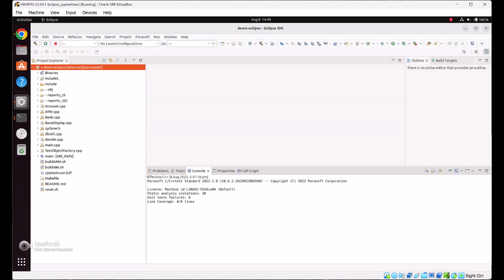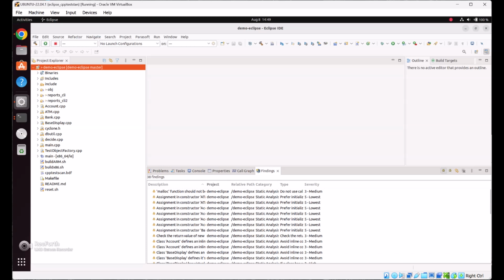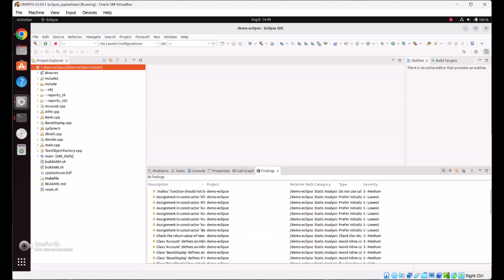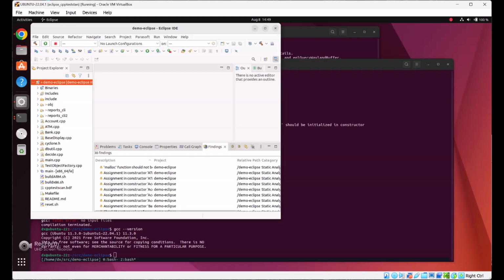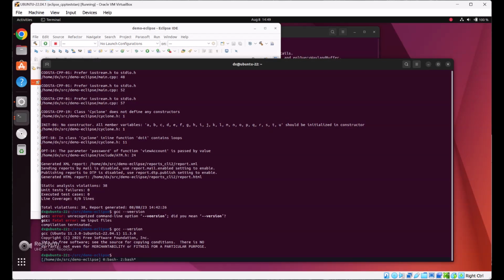So it's complete and we have 38 findings detected. And if we go back to the command line invocation, it will match exactly the count of violations